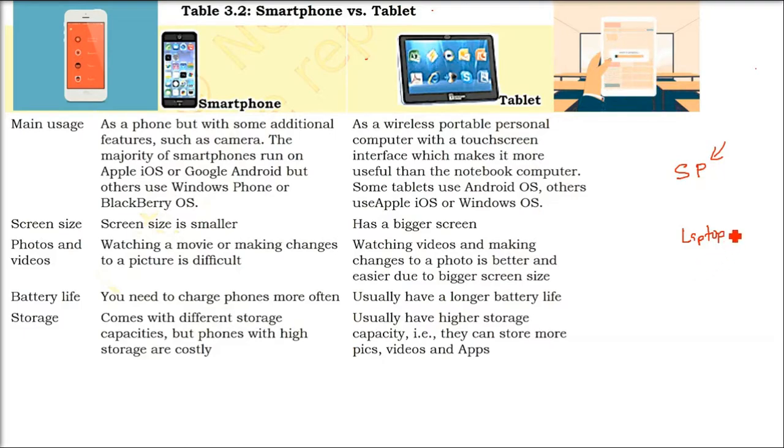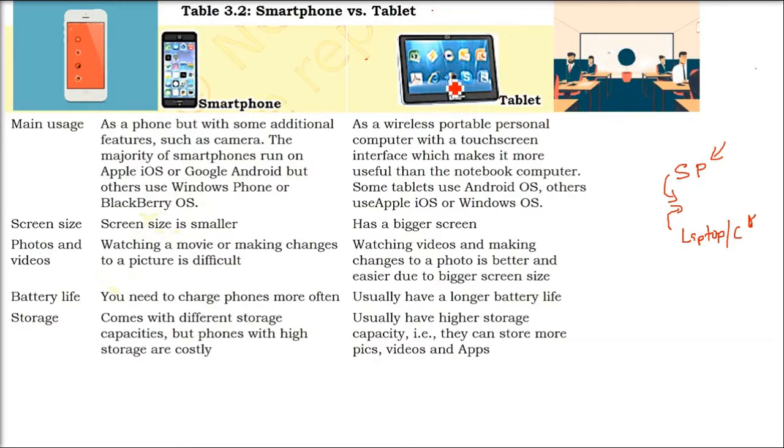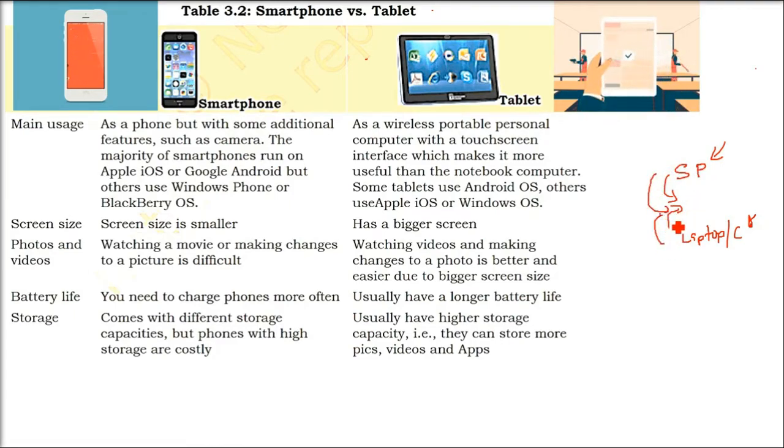Then you have the laptop, that is a computer, a desktop computer in a short, compact form. In between the laptop and the smartphone, we have a form factor called tablet. It is a higher form factor size than a smartphone and lower than the laptop and computer screen size. That is called a tablet. So this is a kind of layer-wise description.